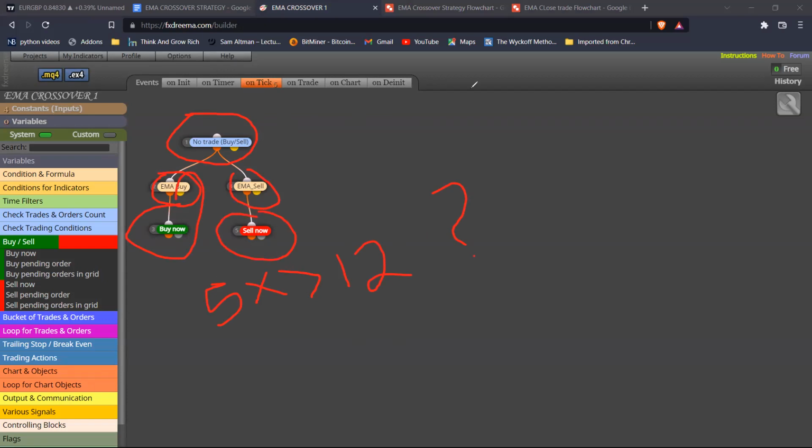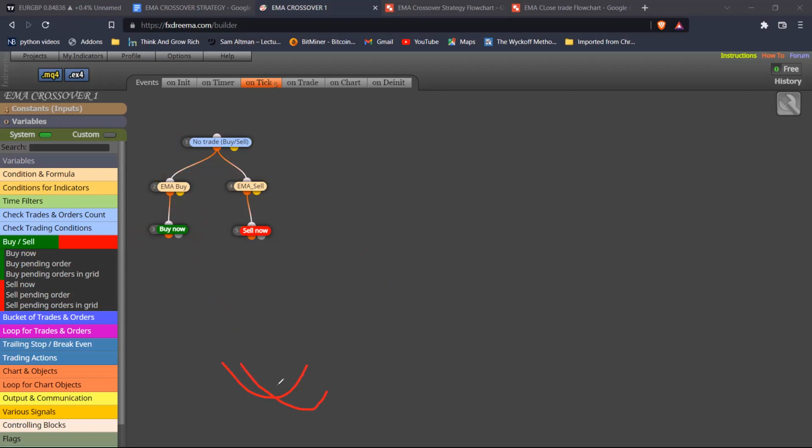So right now, even though we have done the first part, this is not enough, because if one of the parameters is met, let's say a buy, it will just open the buy, and it will not know how to close the buy. It will just be running. Or if it opens a sell, it will not know how to close the sell. It will just be running. So what we need to then do is set up parameters so that it can know what to do